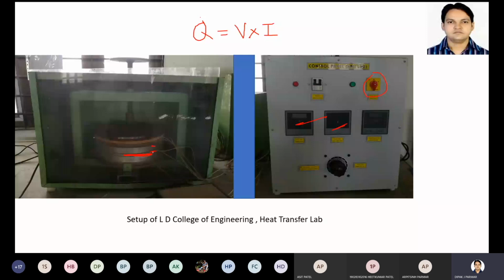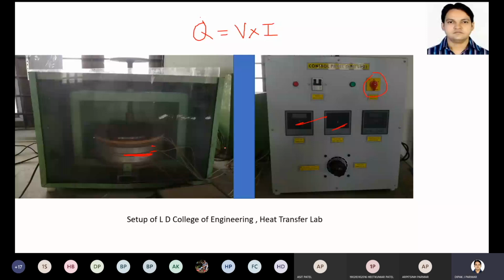When we start this experiment, once we supply the input, voltage and current, we have to wait for a steady state condition. We will wait for 1 hour, 1.5 hours, 2 hours, according to your input. If your voltage and ampere values are less, it may come to steady state after 1 hour, or it may take 1.5 hours or whatever. So this way you have to give the input.